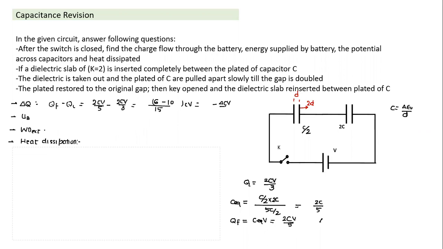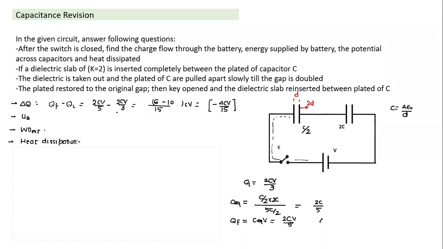What does the minus term indicate here? Jaideep, have you understood what the minus term indicates here? Why is this term minus? What is the significance of this negative term? Charge is flowing into the battery. So if I am pulling this plate across, I will see the charge flow in the reverse direction. Charge will flow into the battery.